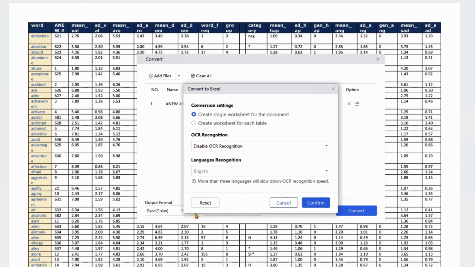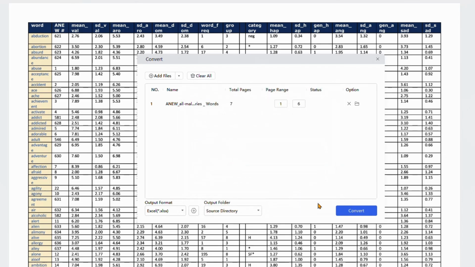The settings here allow you to choose whether you want the entire document to be exported as a single data sheet or different tables to be exported to separate Excel sheets. But for this document, I want everything as a single Excel sheet, so I don't need to adjust any other